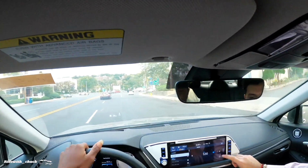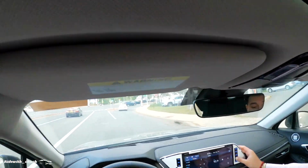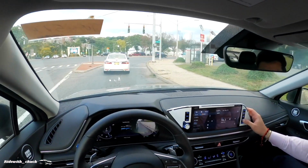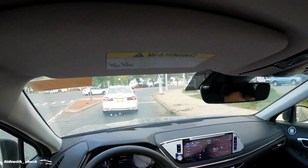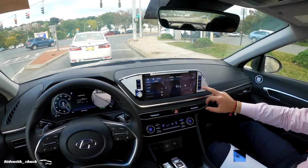Trying to test the speakers. Yo, this is so comfortable. The wheel is so comfortable. Driving this car is so comfortable. There's so many ways to hold it. You can hold it here, you can hold it here, you can hold it anywhere. And the auto hold is still on. So the minute I stop,